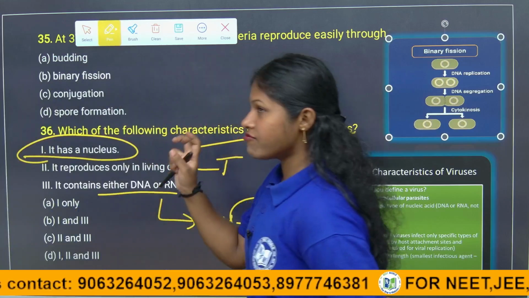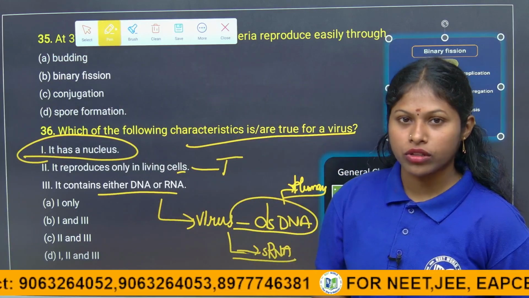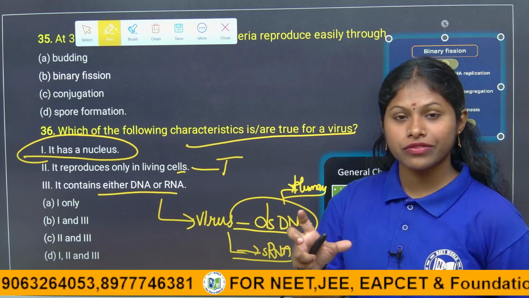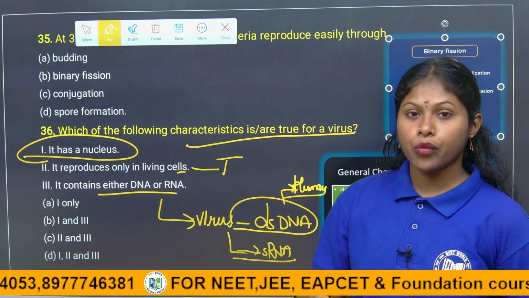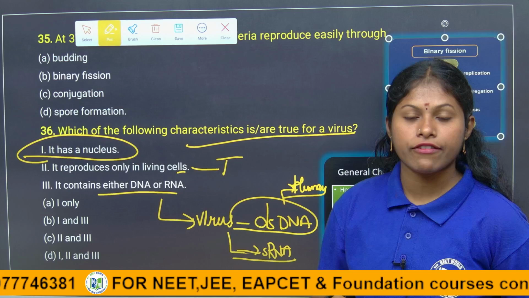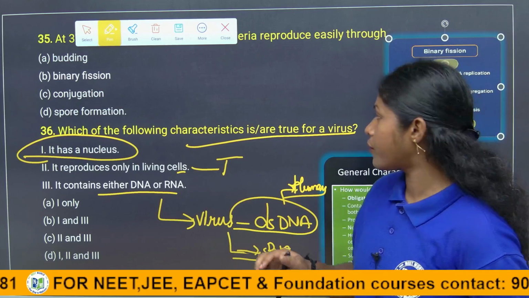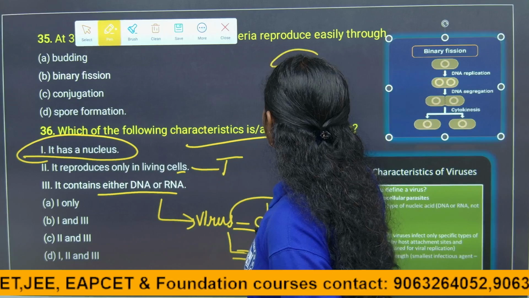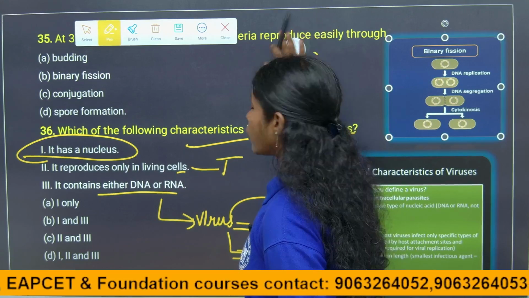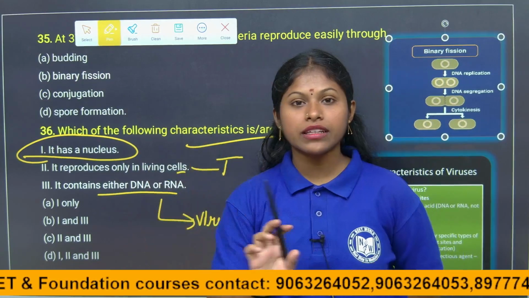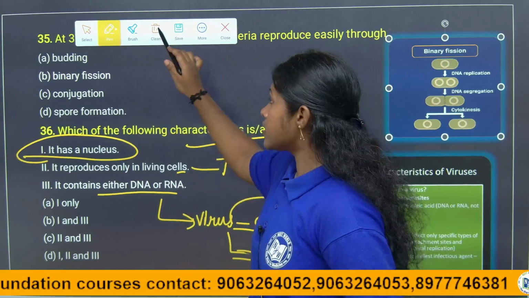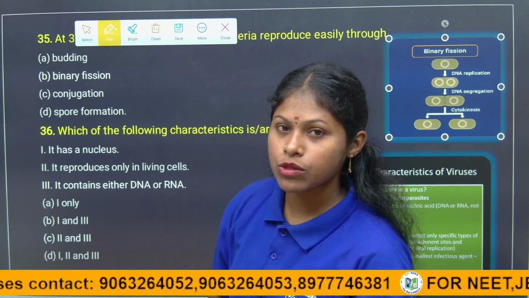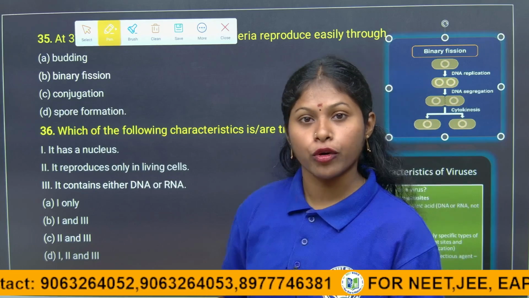So it doesn't have a well-developed nucleus. We cannot see a well-developed nucleus, cell organelles and all that, which a cell requires to grow itself. It exhibits genetic material, and the covering is made of protein. The genetic material survives because it is protected by the protein coat. So we can say they are made up of nucleoproteins.